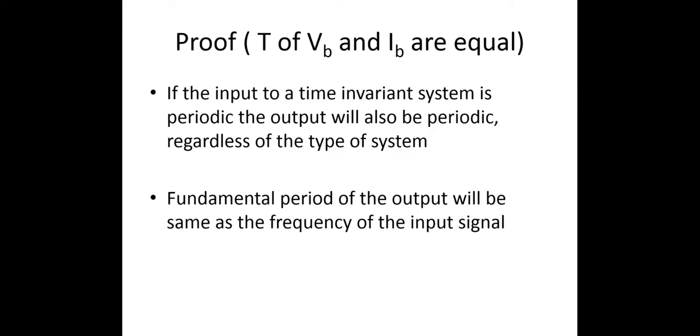Now an additional point, the input to the transistor is VB, not VI. So how can we claim that the frequency will be equal to that of VI? The reason is that VB is the sum of VI and minus VBB. Now minus VBB is a DC voltage, so it simply results in an offset. That is, VB is simply VI shifted by minus VBB, so both will have the same frequency.